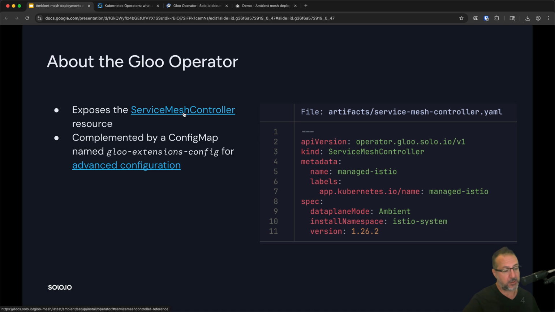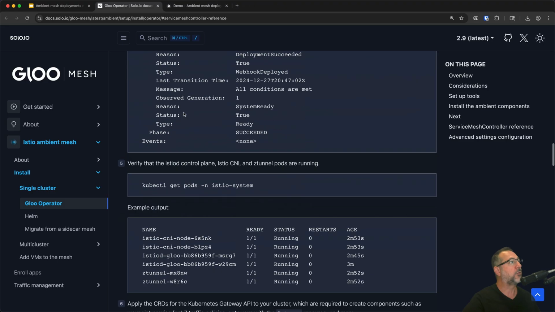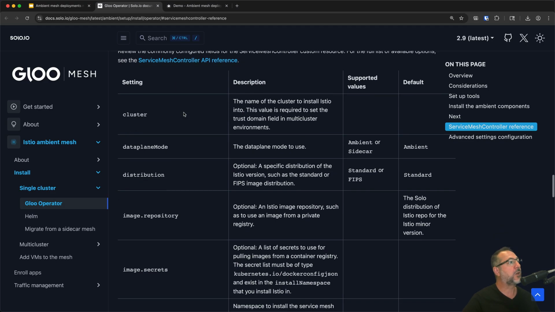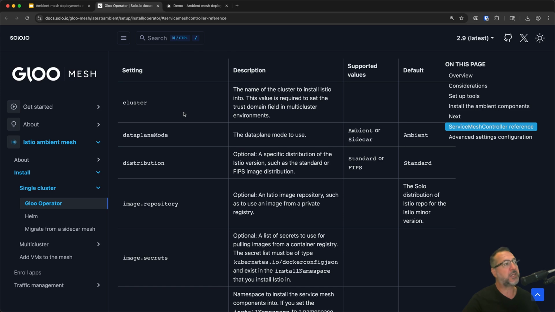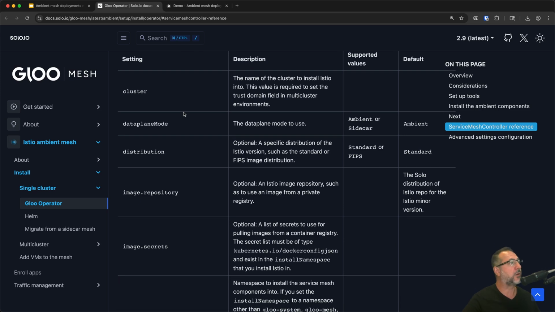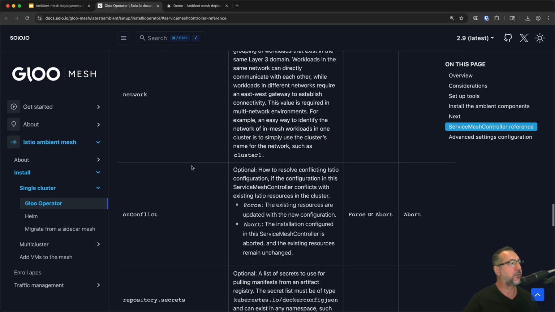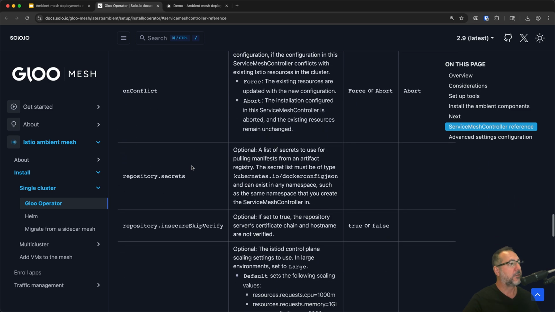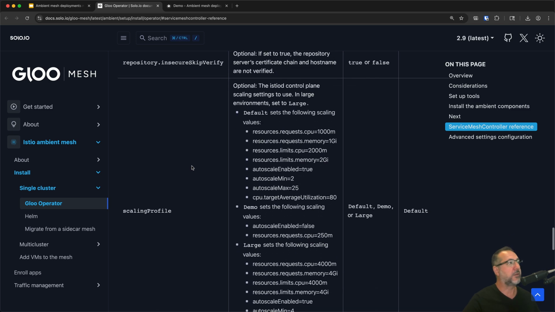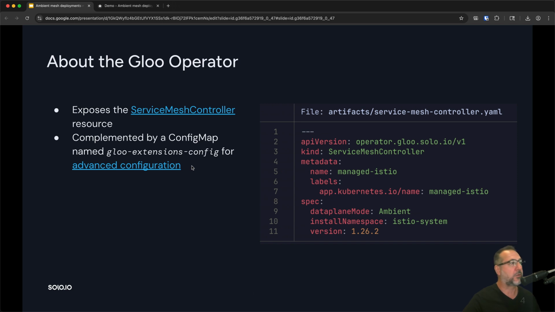And we can look at the documentation to see what other fields can be set on that particular resource. Some are more specific to multi-cluster installations, but we can modify other things or specify, for example, the image repository from which we fetch images, or repository secrets, and there's more such fields. It's important to also mention that